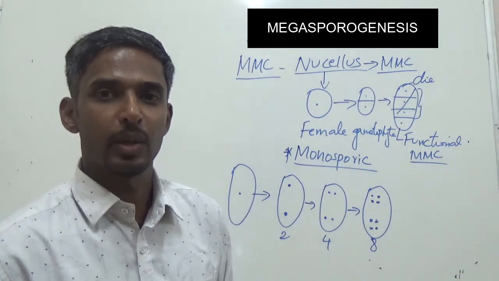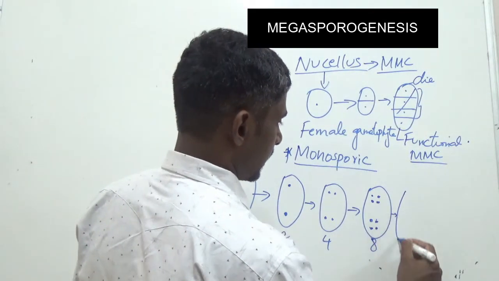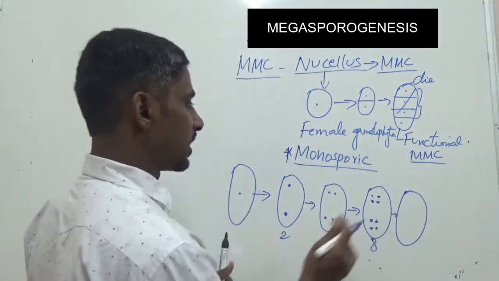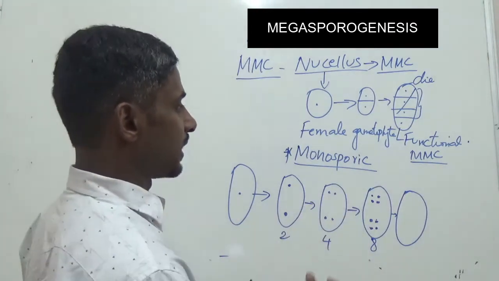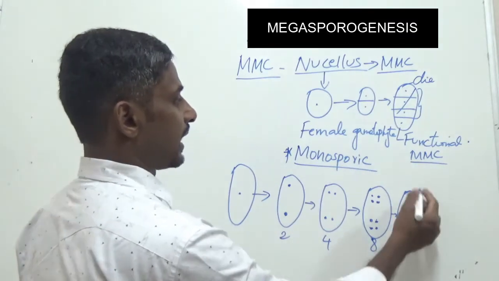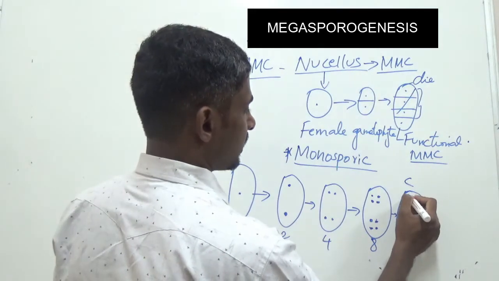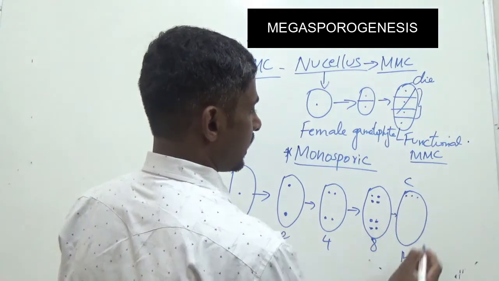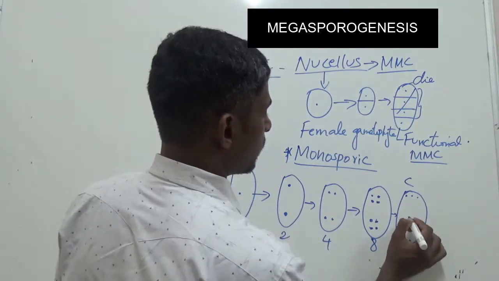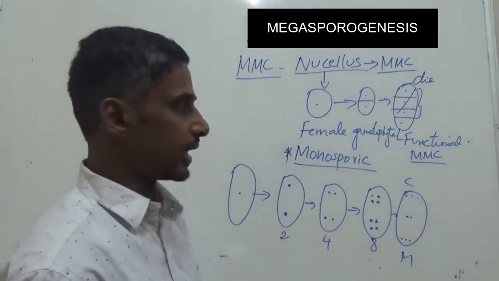the embryo sac, that is the female gametophyte. How does it get transformed? The nuclei inside start moving to either side, either pole, that is the micropyle and the chalazal end. Let's take this as the micropyle end and this as the chalazal end. And therefore 3 nuclei will come here, and let's say 3 will come here, and 2 will remain here. So we have to count, there should be 8 nuclei.